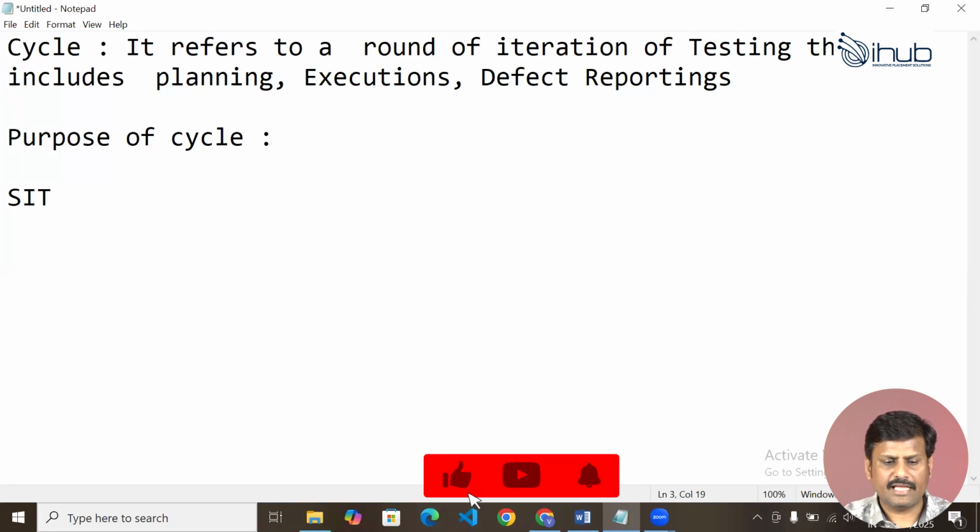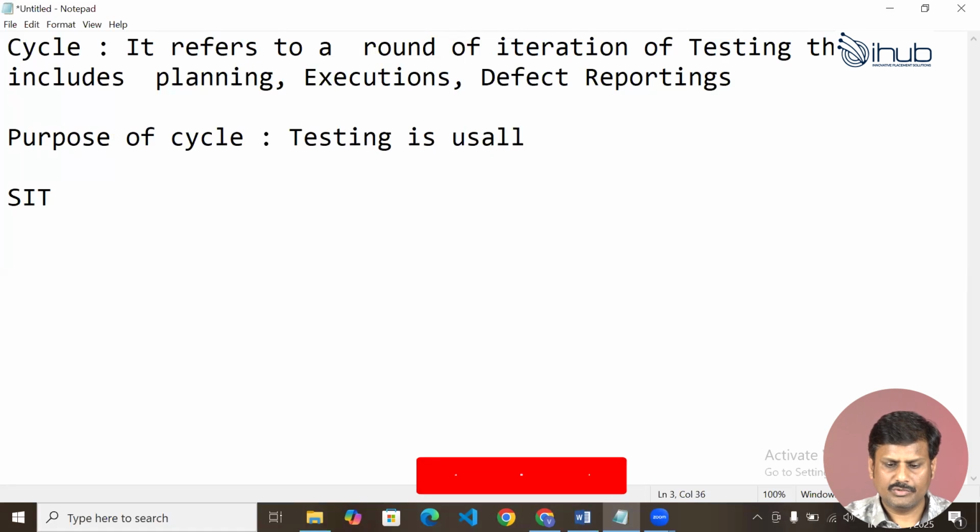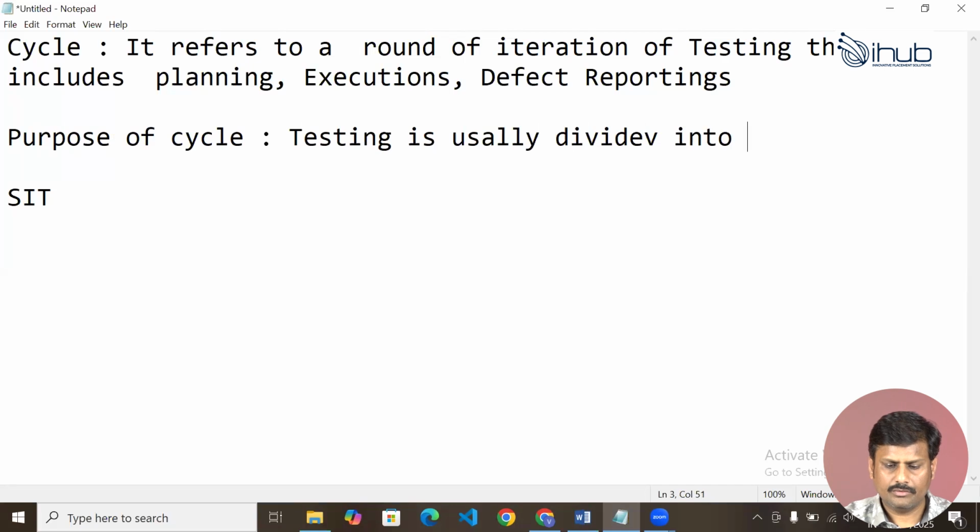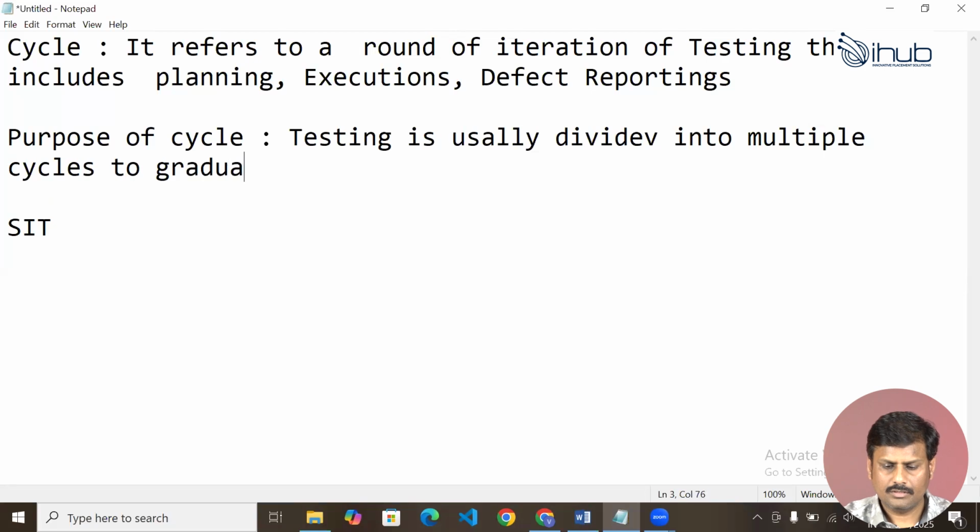So the purpose is that testing is usually divided into multiple cycles to gradually stabilize the application.